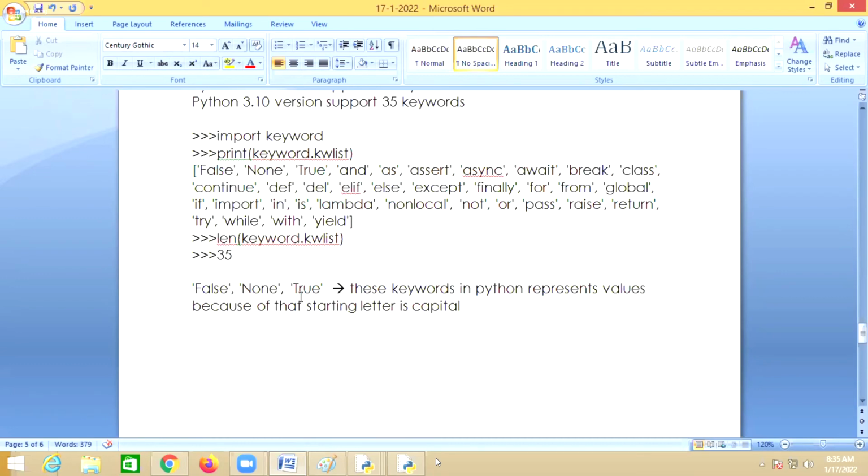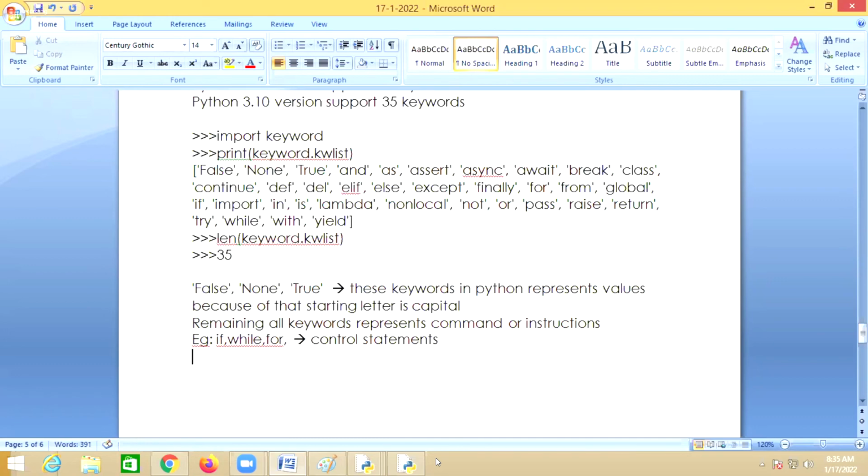The starting letter is uppercase, but all the remaining keywords represent commands or instructions. For example, if, while, for are called control statements.